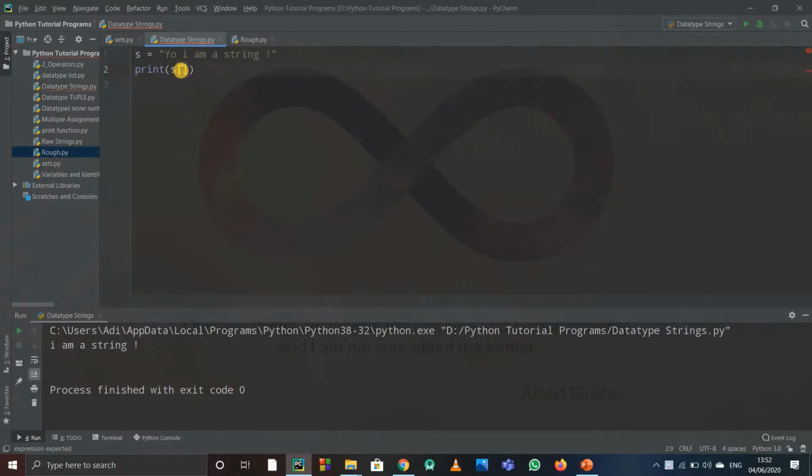So suppose I write s of -1. What is s of -1? It is the exclamation mark. So when I print it, it will print out the exclamation mark. So you can say -1 is the same as 17, because I think this is 17. I don't know what it is, but if we go from here, I think it is 17 or 18. Then -1 is equal to 17 in that sense. So if you know this, there might be a formula as well, because you can compare negative and positive indices.